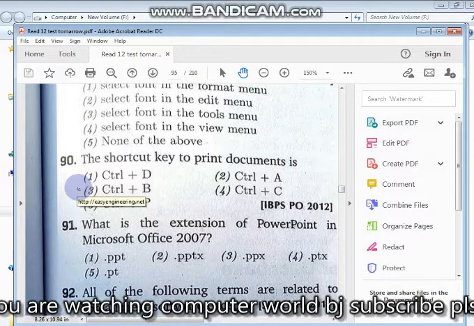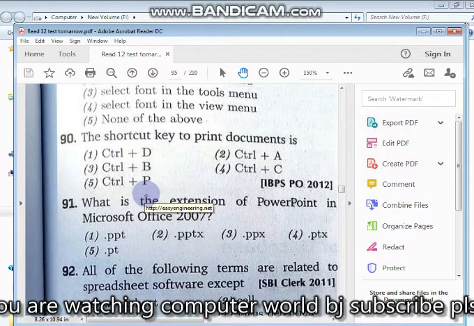प्रिंट डॉक्यूमेंट के लिए क्या इस्तेमाल करते हैं? कंट्रोल P. 91